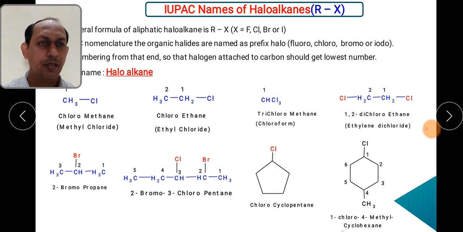Next one. Try to give the name with 2 substituents. One is chloro, another is methyl. So number 1 we have to consider for the halogen. आपको नंबर 1 यहाँ पे ही देना है. अगर आप एक नंबर यहाँ पे देते तो रॉन्ग नेम आएगा. So what is the name? 1-chloro. Chloro also comes first in alphabetical order, but this particular compound is from the family of alkyl halides, so that's why it should get the lowest number. So 1-chloro-4-methylcyclohexane. Numbering is a must.